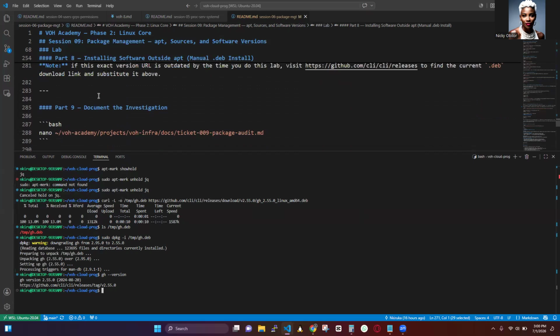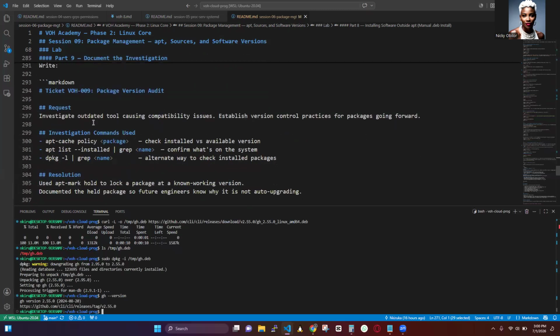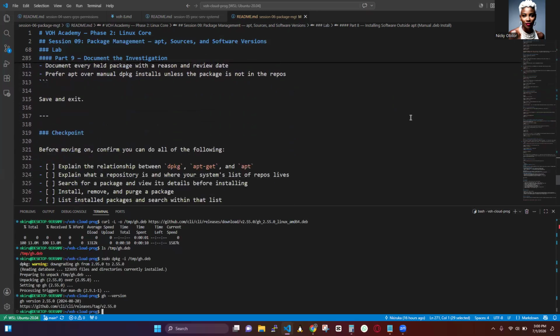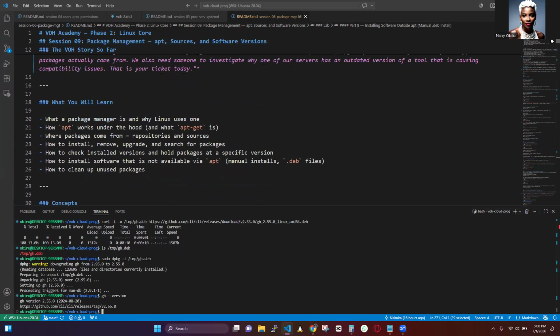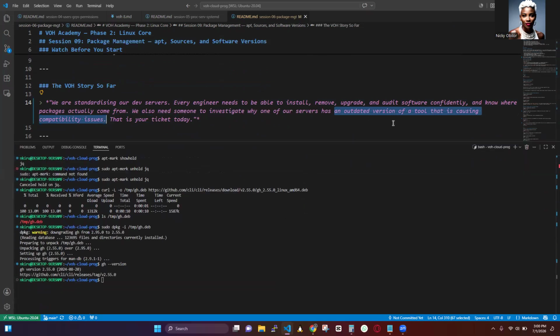So for part 9, you're going to document the investigation, all that we did. So you click this file and just update it with what you did, what you learned, and how you did it. So let's go back to our ticket and see. Remember the ticket says we need someone to investigate why one of our servers has an outdated version of the tool that is causing compatibility issues. And the way we fixed that was to put the hold on jq to make sure that the version doesn't change, it remains the same,